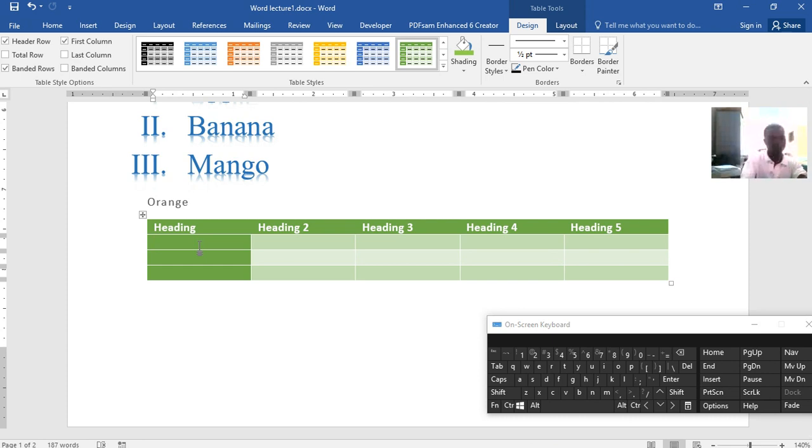So what you do next is you now write what you want to put as data in your table cells. So I will say data 1. I'll just say data 2. You can see this format that I've selected will apply these colors to my text. Data 2,